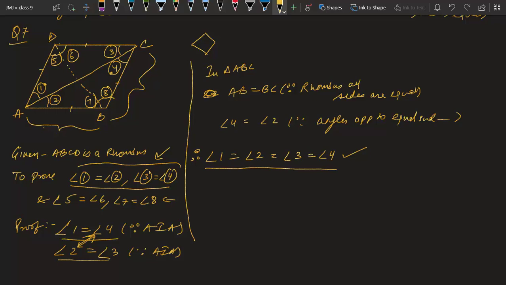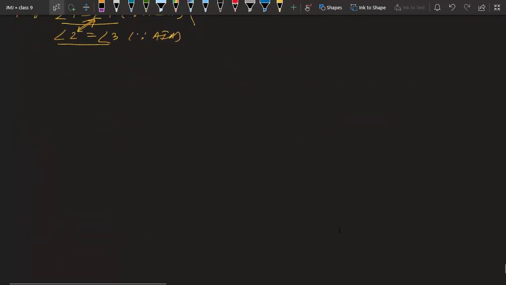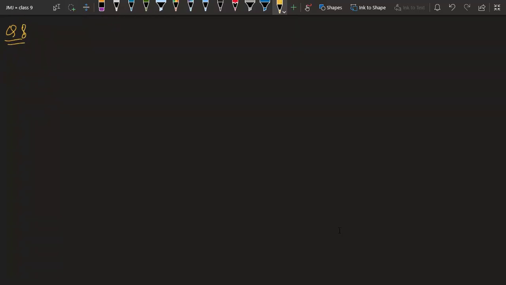Okay, so let me take question 8 also. After that we will see the remaining question in part 3. Question number 8. Question 8 is saying ABCD is a rectangle in which diagonal AC bisects. Okay, we have to show it is a square. So whatever we want to prove, we should draw that only, right? And we should not tell anyone that we know.